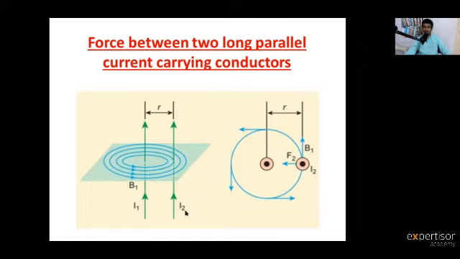I2 is the current flowing through the second conductor. F2 is the force applied on the charges in the second conductor. The distance between the field line generated by the I1 current at its center to the second conductor is r. So this is the information in these diagrams. These are the two conductors, I1 and I2 currents are traveling through them, and B1 is the magnetic field generated by the I1 current flowing through the first conductor.